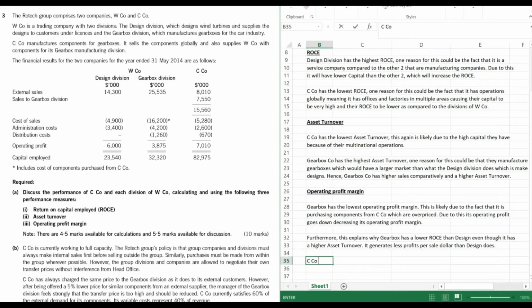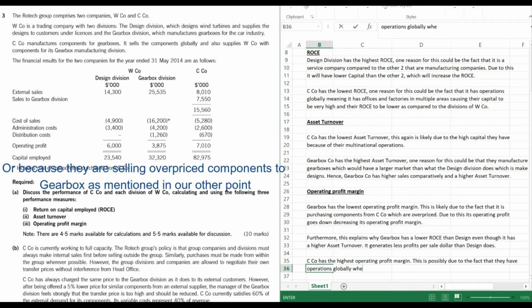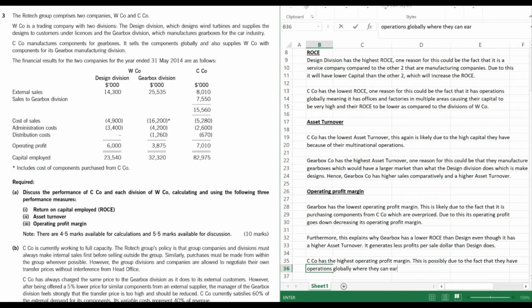So CCO has the highest operating profit margin. This is possibly due to the fact that they have operations globally where they can earn better profit margins. Okay, so we'll stop here since I don't want the video to go too long, but just to reiterate for you guys,